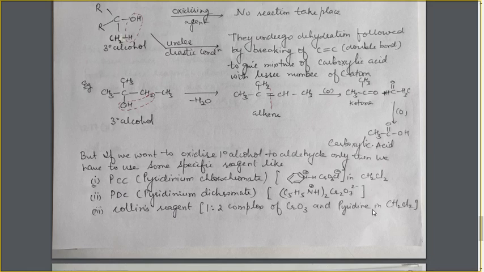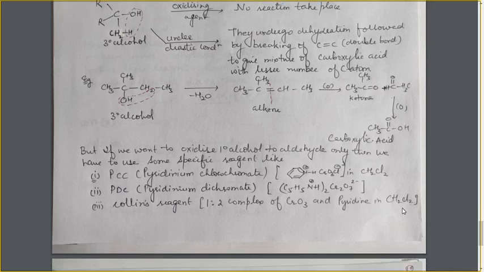If we use water as the medium in this case also, instead of CH2Cl2, the same thing will happen, because the mixture of CrO3 and water will also give us chromic acid, and chromic acid is also obtained from acidified CrO3. The same oxidizing agent will behave as a strong oxidizing agent, and that will convert the 1 degree alcohol again into carboxylic acid. So because of the difference in the medium, they are behaving differently.